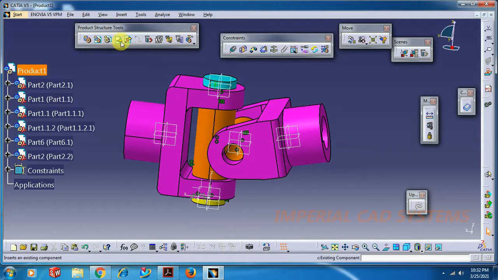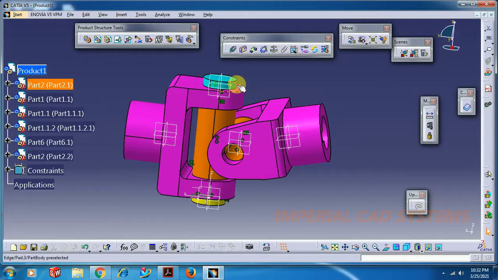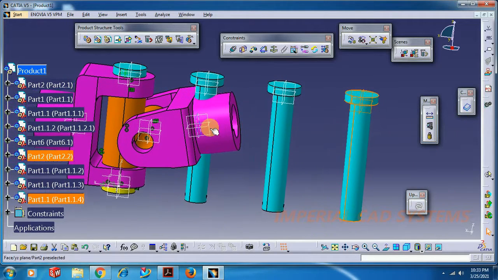Then the same thing, existing component with position. We need to call the same pin here also. Instead of going into existing component with position, go for fast multi instantiation. Select that option and select that pin. We got 2 more, we need only 1.